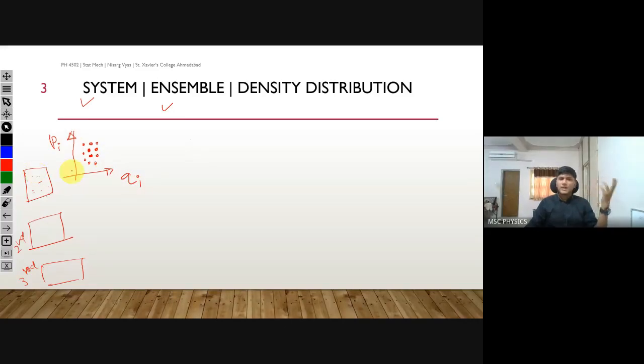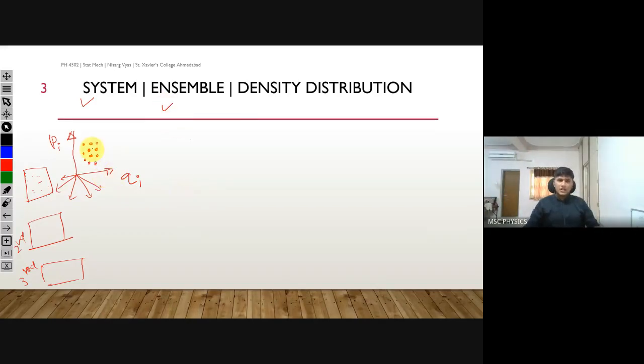And since there are so many particles, this phase space is also multidimensional, so we call it hyperspace, not three-dimensional or four-dimensional space. So many dimensions are there. From today onwards, I'll try to show it like this, hyperspace, because so many axes are there. We cannot visualize those axes, but I'll be trying to draw it like this, with many perpendicular axes. The main part that we can visualize is this much. On this board we can visualize a two-dimensional part. In this room where you are sitting, where I am sitting, we can visualize three-dimensional parts, but we cannot visualize more because our mind is trained for three dimensions only.